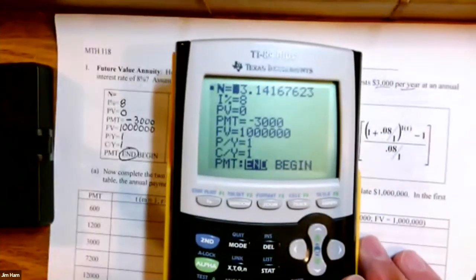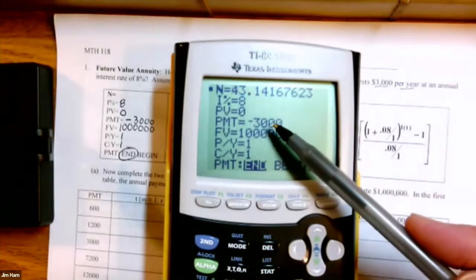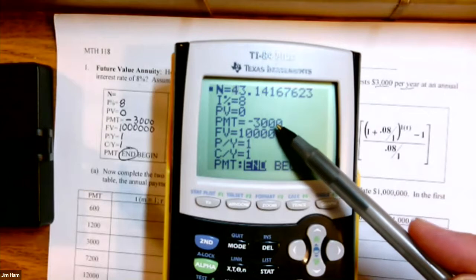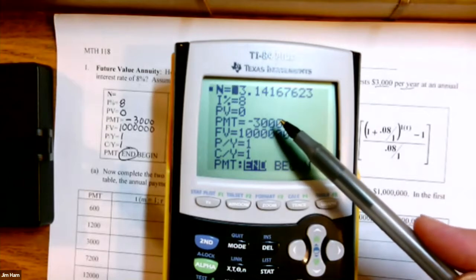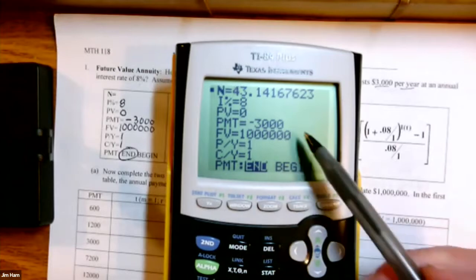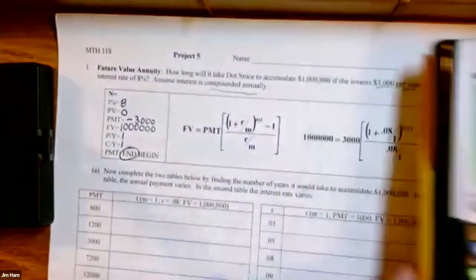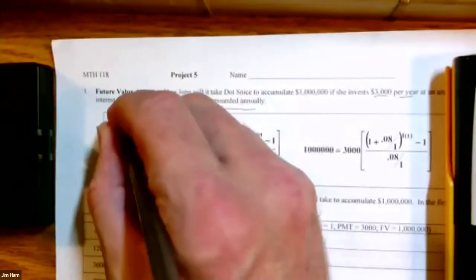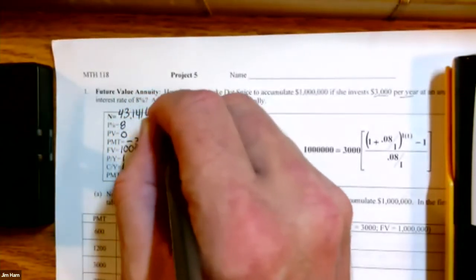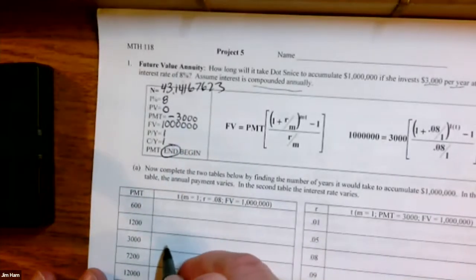If you want to have $1 million in 43 years, all you need to invest is $3,000 a year. 43 years times $3,000. So you've invested about $130,000, but that $130,000 has grown to $1 million. All right, now, so this is 43.14167623. All right, so that's the number that would go here. And I'm just going to say about